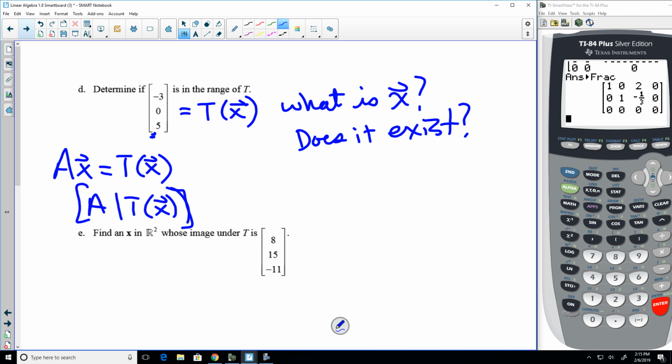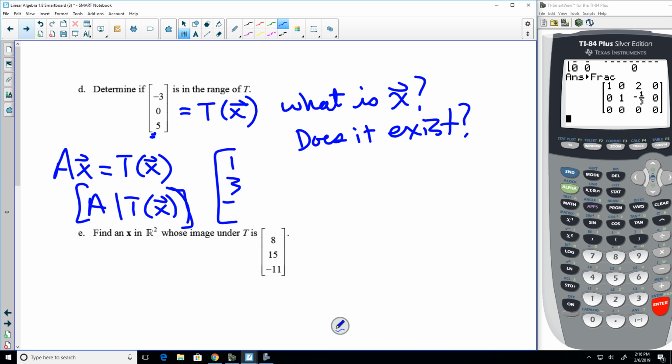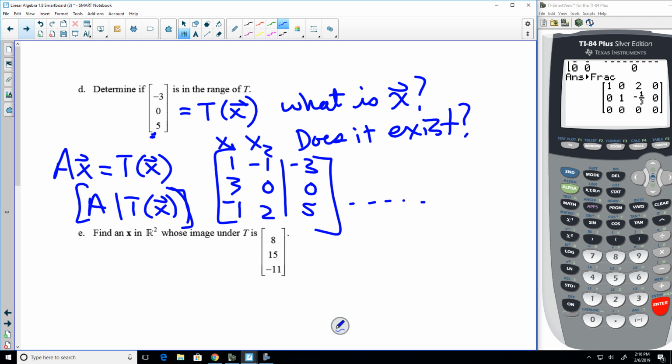So on this one, let me see what it is. 1, 3, negative 1. Negative 1, 0, 2, augment with this. You want to see, is there an x1 and x2 that'll make it work? Those are the variables of the system. Is there a solution for x? I'm out of time. So the actual